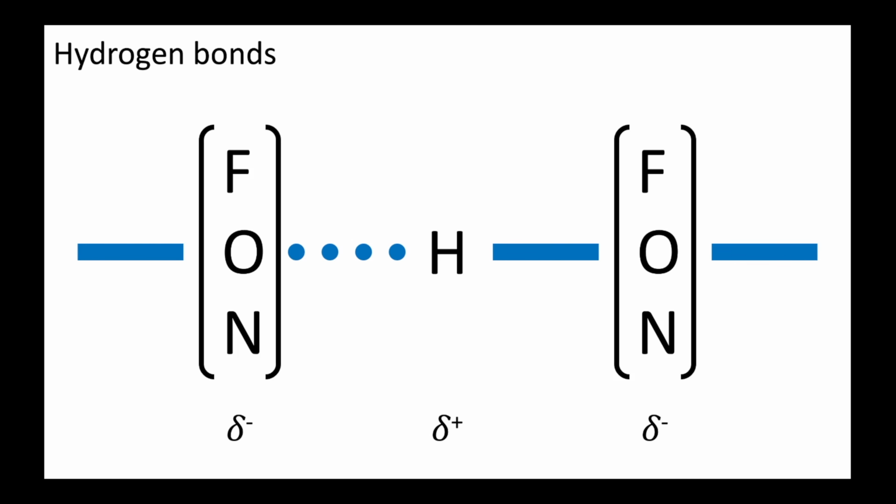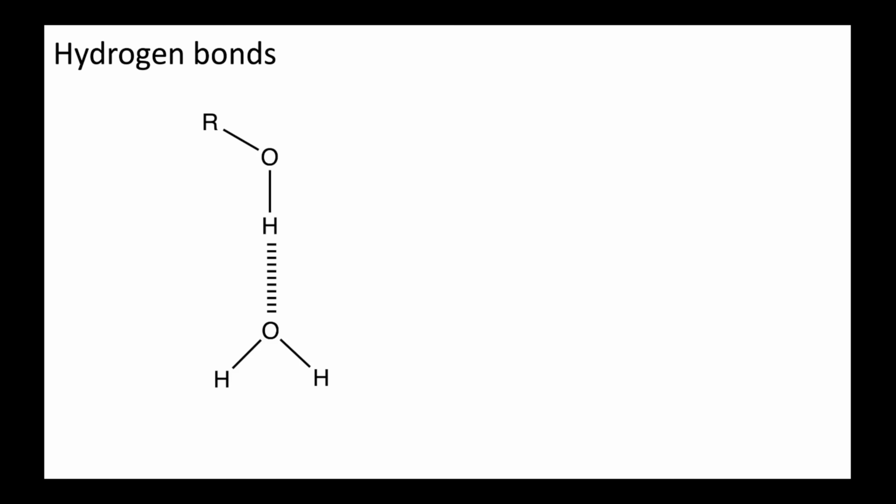The fluorine, oxygen, or nitrogen that the hydrogen is bound to is termed the hydrogen bond donor, and the other fluorine, oxygen, or nitrogen is called the hydrogen bond acceptor. And the electrostatic interaction between the lone pair of electrons on the hydrogen bond acceptor and the delta positive hydrogen is a hydrogen bond. If we look at two different examples, in the first image we have a water molecule